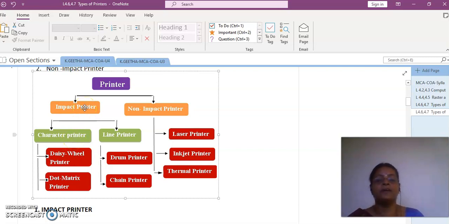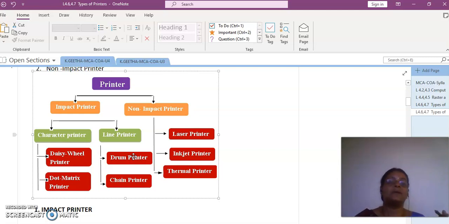So we have daisy wheel printer and dot matrix printer under the head of character printer, which comes into the category of impact. The next category under the impact printer is the line printer, which prints one line at a given time, and usually it is noted for its speed. In line printer we have two classifications. One is called a drum printer, another is called a chain printer. As the name implies, the drum printer will have a print drum where the fonts are embedded on the drum, and when it is rotated on the paper, it is able to transfer the printing information with an impact.